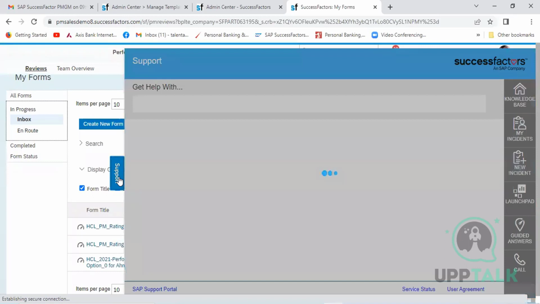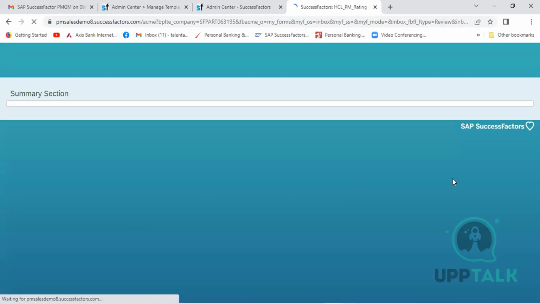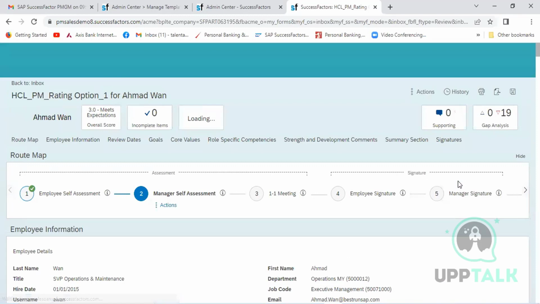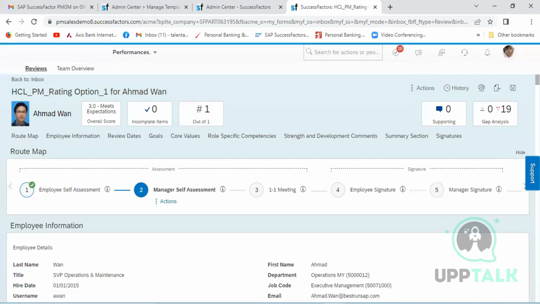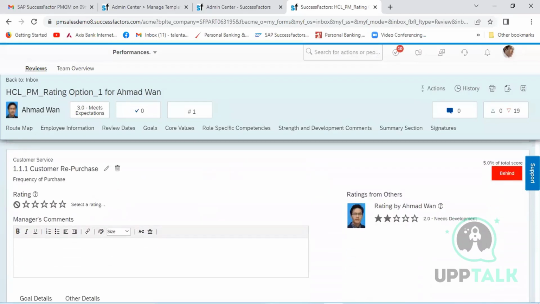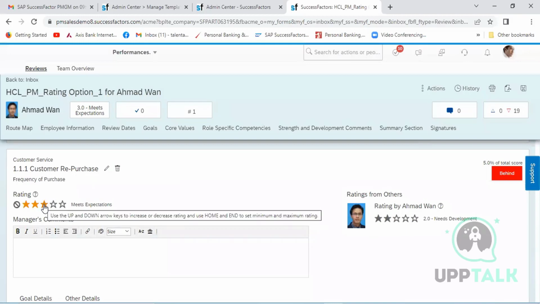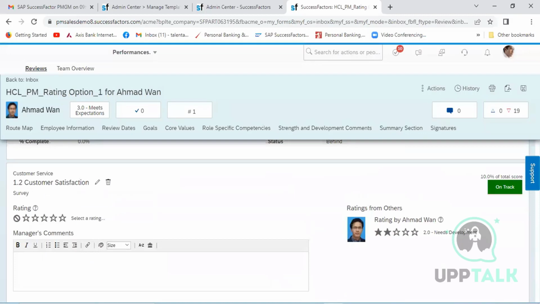We have this form, rating option 1. Click on the rating option 1. Now you can see the employee has given the rating. In this particular rating box, it is now with the manager. Manager will give some rating here. After the manager gives some rating, and after that